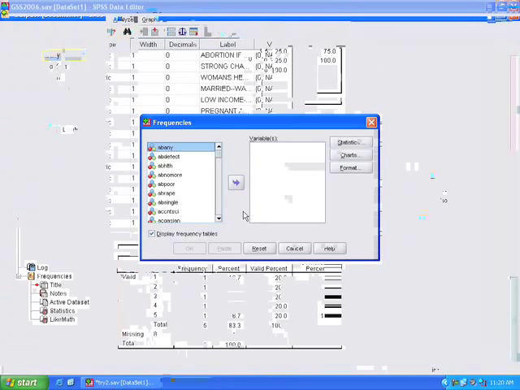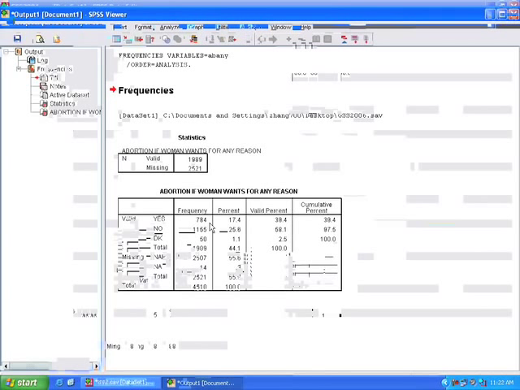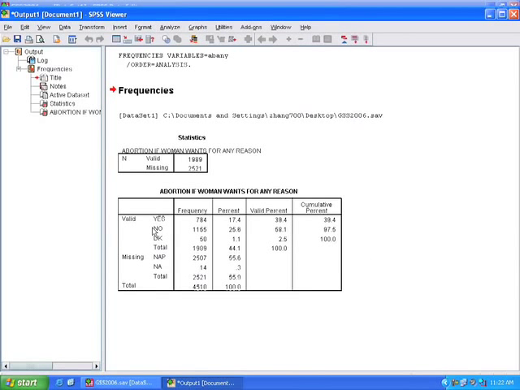Okay, so here's the GSS variable view, and let's work with our first variable, our abortion variable, and we can just run a quick frequency on that to see what the values are. We go to Analyze, Descriptives, Frequency, move our variable, click OK, and we see here that SPSS is treating yes, no, and DK as valid, and it's treating as missing non-applicable